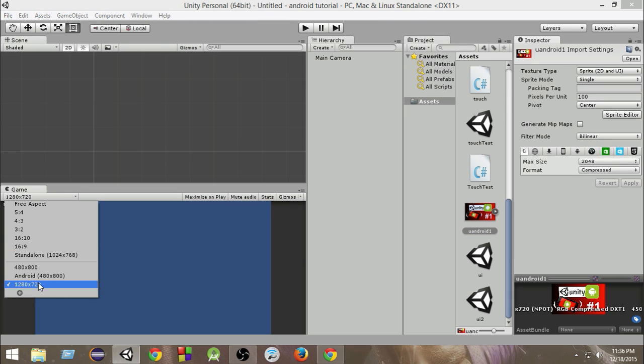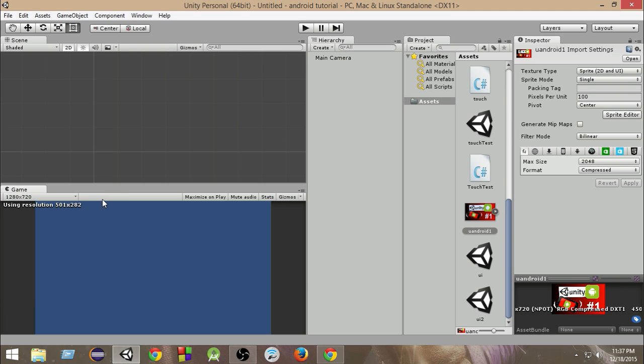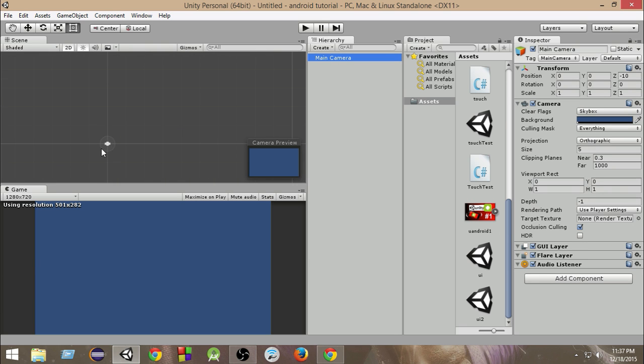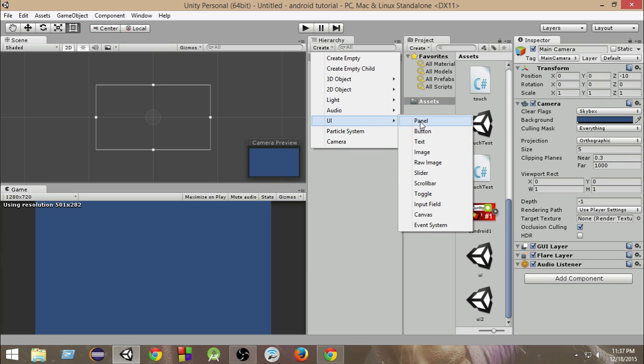If you don't have a 1280 by 720 resolution set up, you can just click on this plus sign, and for the width you can write 1280, and for the height you can write 720, and by that you will create a resolution like this. Okay, so next, for the image of the menu, instead of adding a sprite directly, we're going to be using a UI image. So what's a UI image? I'm going to create UI, and then I'm going to click on